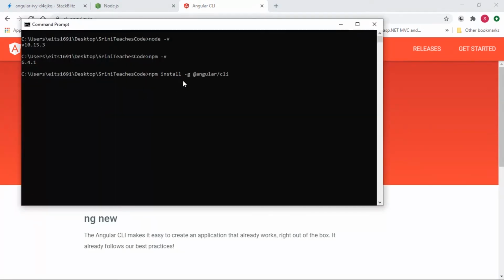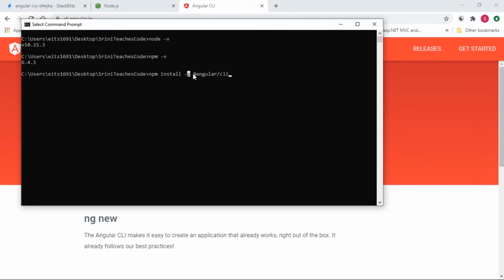As npm is installed on our machine, we can use npm. We write the command install, and here is -g. This is a flag which stands for installing Angular CLI globally, so you can access it from any folder or path in your command prompt.